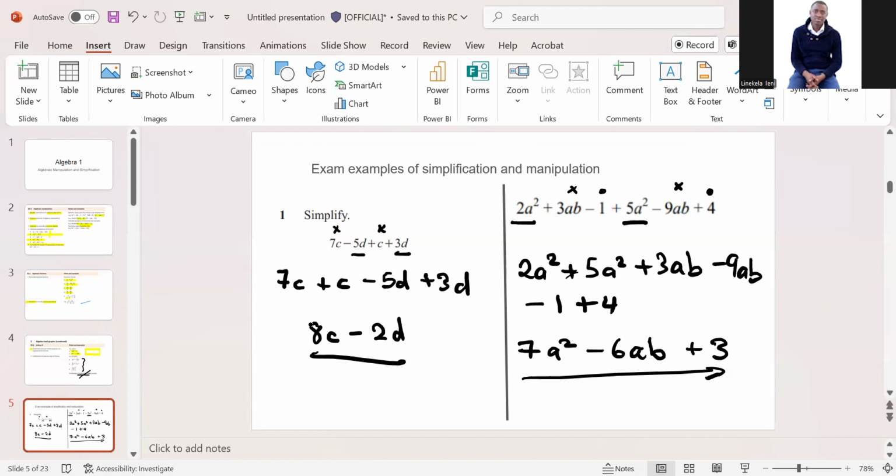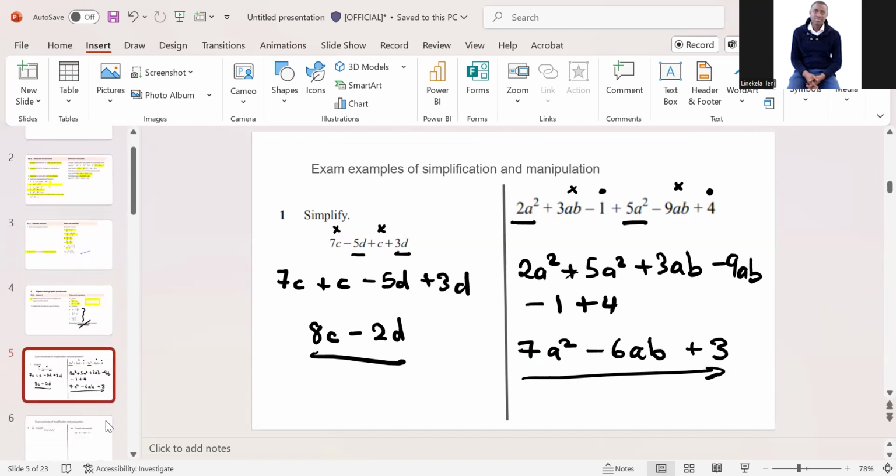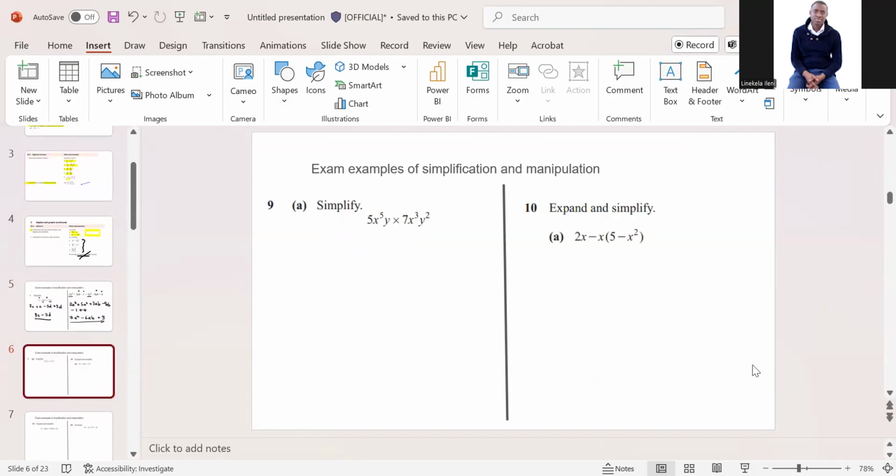All right. Next up, another example. Again, these are just typical examples I took from the recent papers so that you can see that it was not as difficult as you might think. So here again, you are simplifying, but obviously then I am multiplying. Multiplying is just all about joining things together. So 5 times 7,